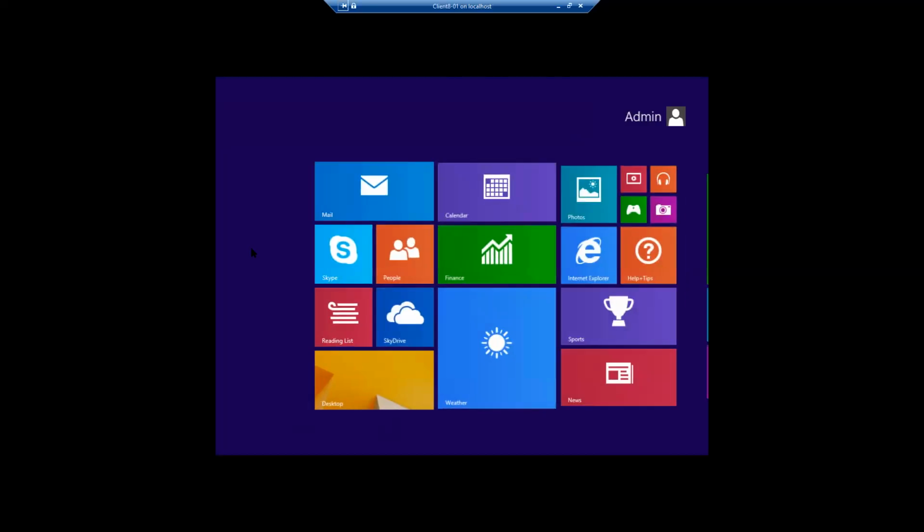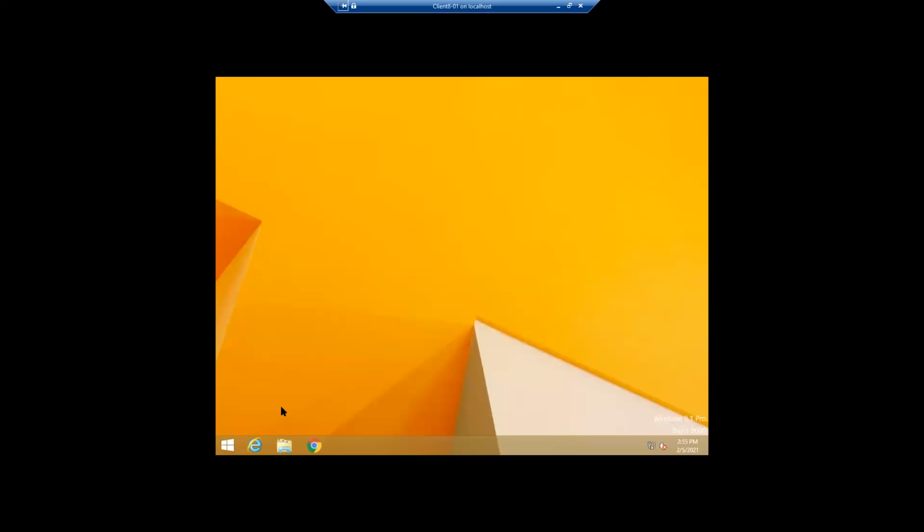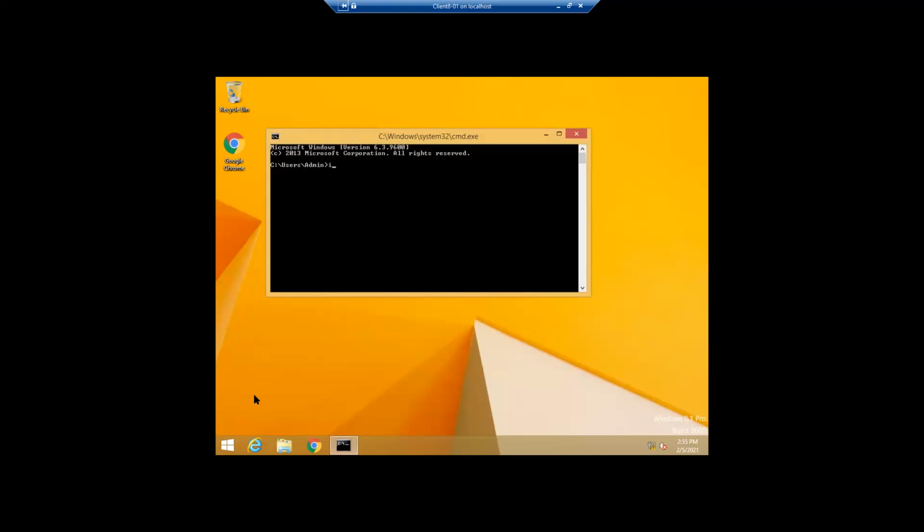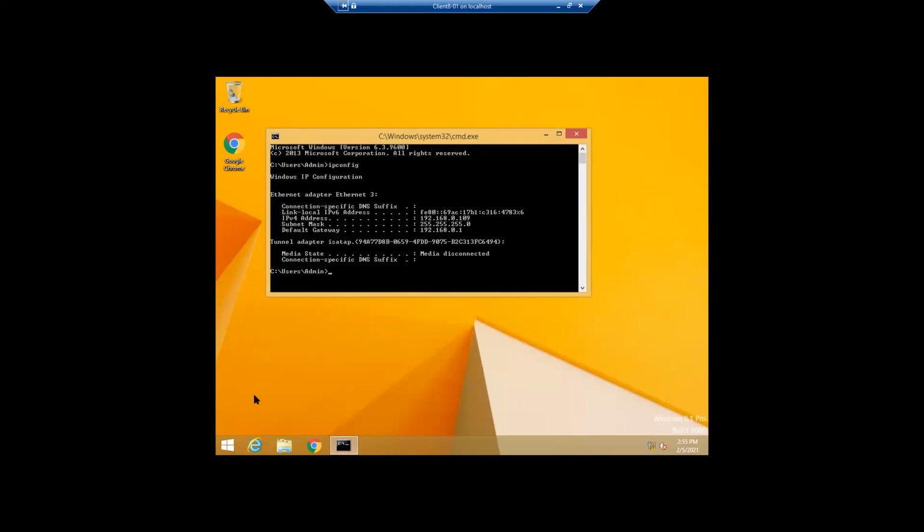Let's see if it works, then it's well and good, otherwise I will add it. Now we'll see the IP address and all. CMD, ipconfig, 109, right? So I will go and browse it.